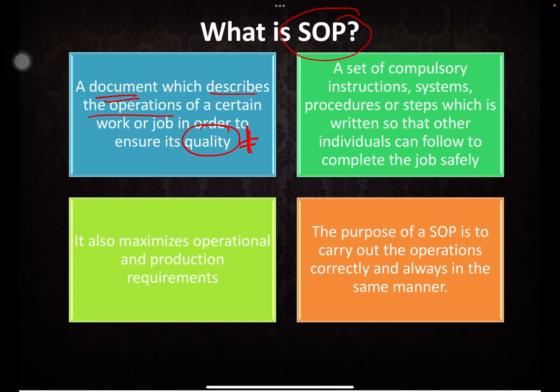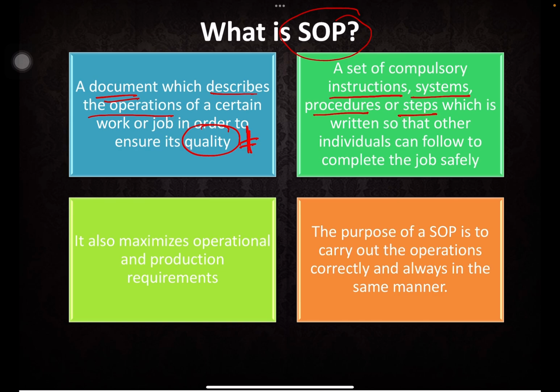Since we have the word document here, you may know by now that it is actually a written document. SOP is a set of compulsory instructions or systems or procedures or steps,